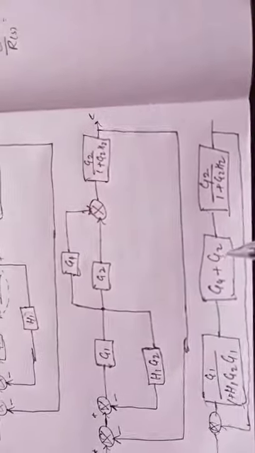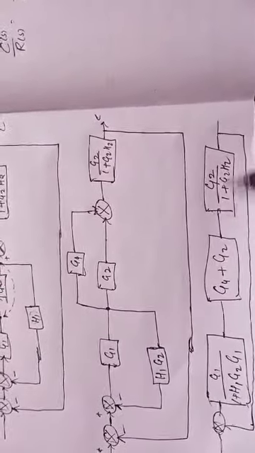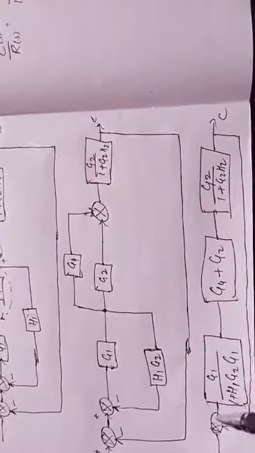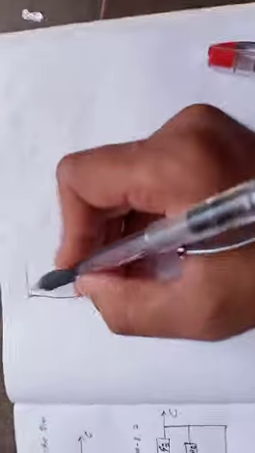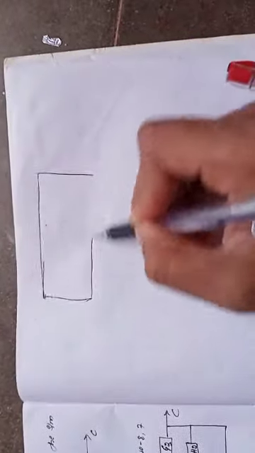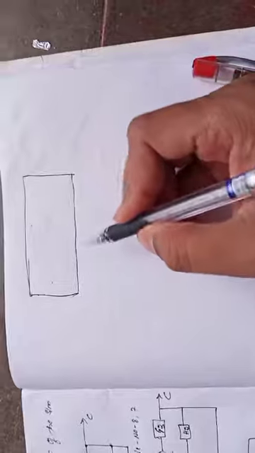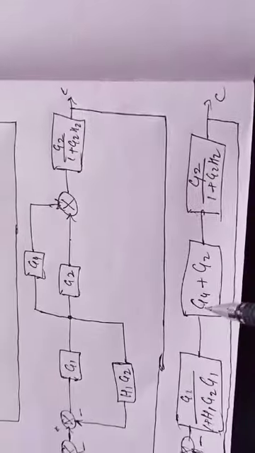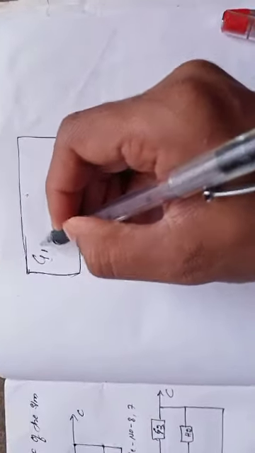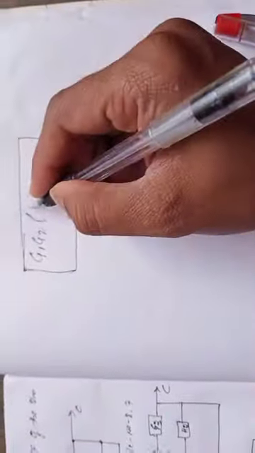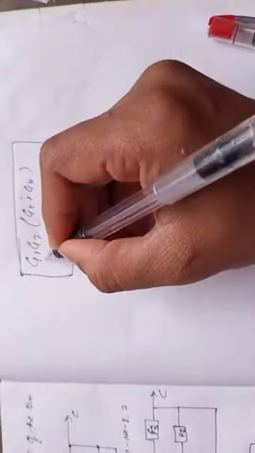Now these three are in cascade. Rule number 1, you just follow rule number 1. Then this is reduced to one block, and it is multiplied like this: G1 into G4 G2 into G2. That is, I am writing here G1 G2 into G2 plus G4 whole divided by